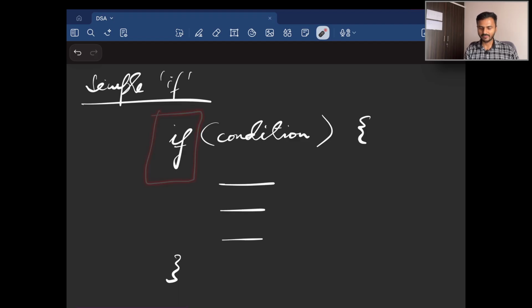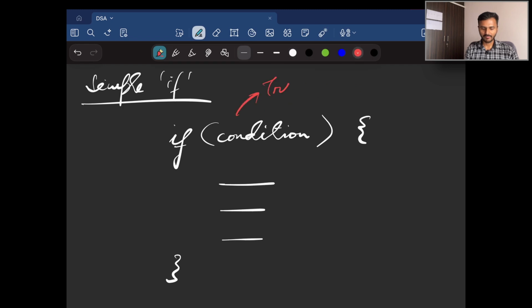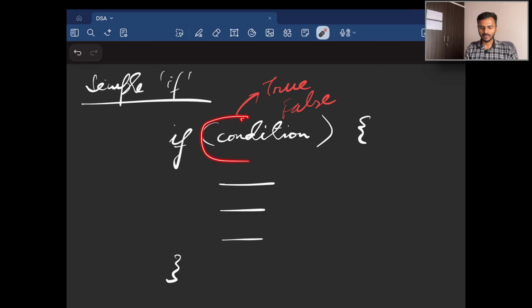First of all, of course, is the if keyword, which signifies that this is a simple if. Now, the condition that you see over here could be any expression that returns a Boolean value, which means the condition should evaluate to either true or false. Now, this could be in many ways, right? You can either put the literal itself, that is true or false, or you can have a variable which is of Boolean type and which holds either true or false, and that variable can be put over here, or you can have an expression that ultimately resolves to either a true or a false. But either way, the point to note over here is that this should be a Boolean value,